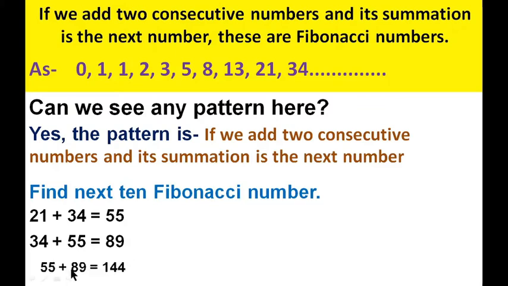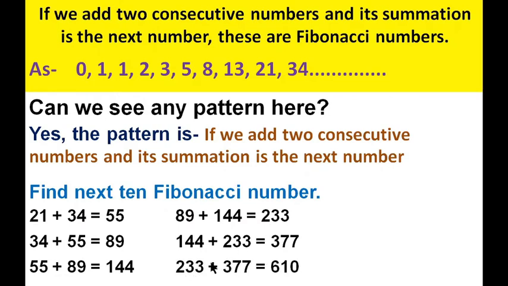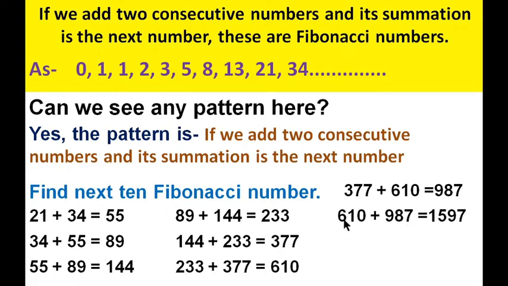that means it will be 89, and 55 plus 89 will be 144, and then 89 plus 144 will be 233, and 144 plus 233 will be 377, and 233 plus 377 will be 610, and 377 plus 610 will be 987, and 610 plus 987 will be 1597, and 987 plus 1597